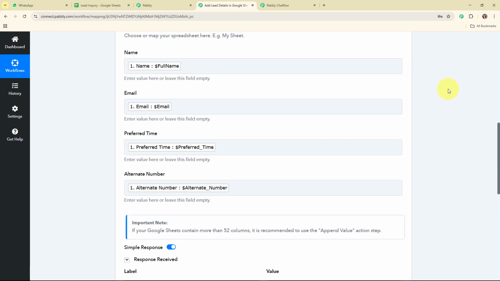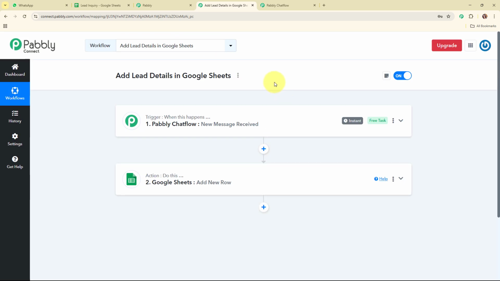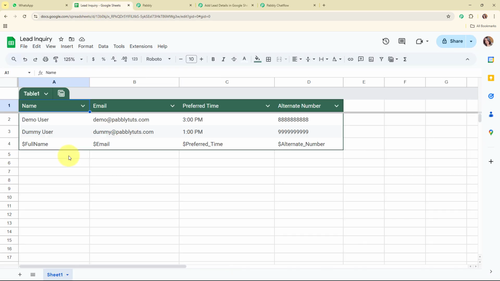And here you can see we have received a successful response. That means we have successfully added the new details in our Google Sheets. So let's go and check it. And here you can see we have successfully added the details over here, such as full name, email, preferred time, and alternate number. Alright, so for now let me delete all of these,